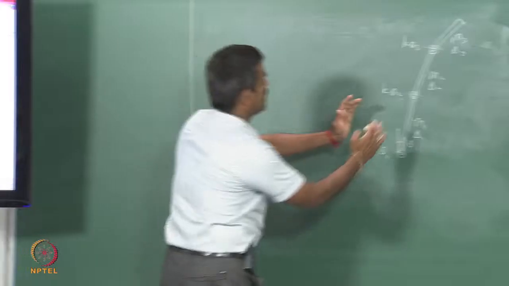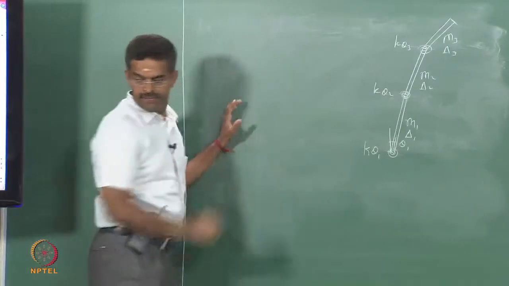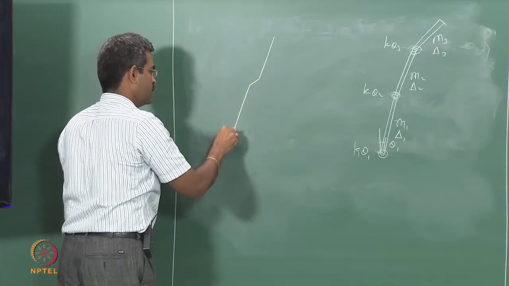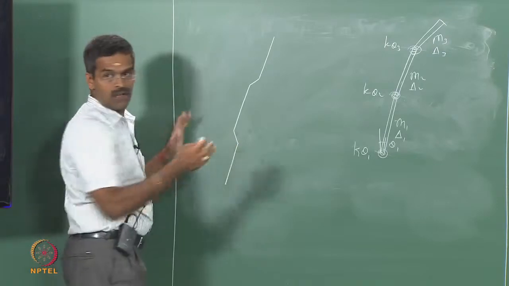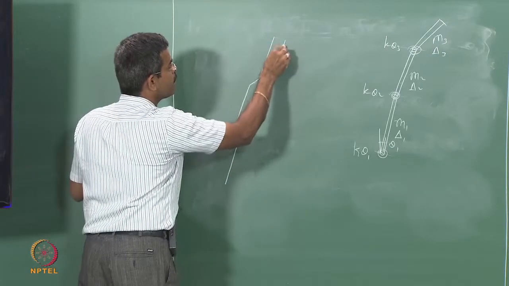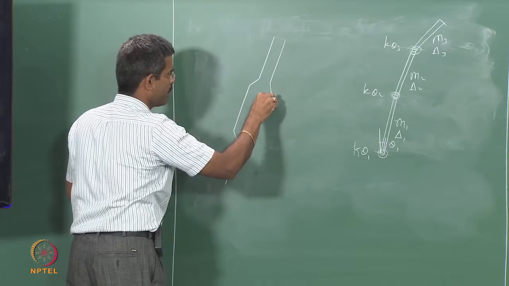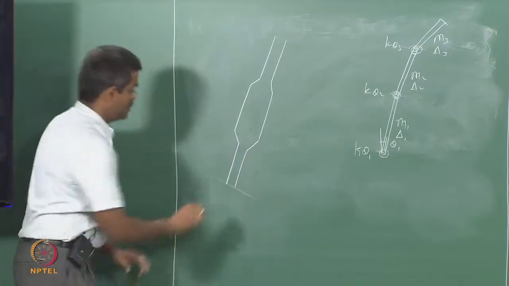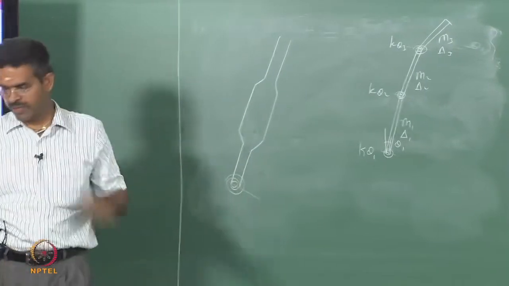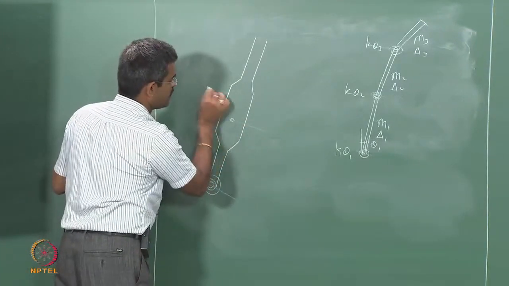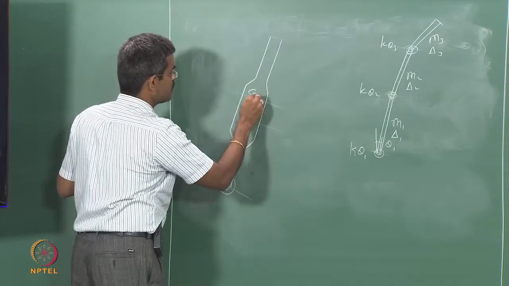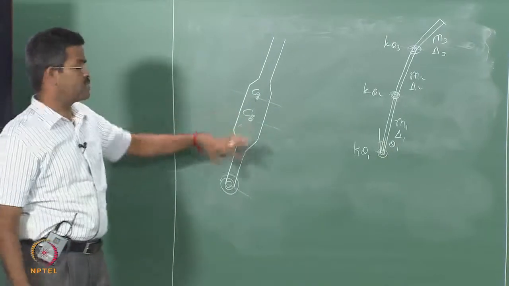If I enlarge only one element and try to draw it here, we know an element will have a buoyancy chamber which is slightly larger. Let us say this is my hinged point, universal joint. Let us say I have a center of buoyancy here and mass center here, okay. This is center of buoyancy, this is center of gravity or the mass center. We already know it is for stability, this is important.